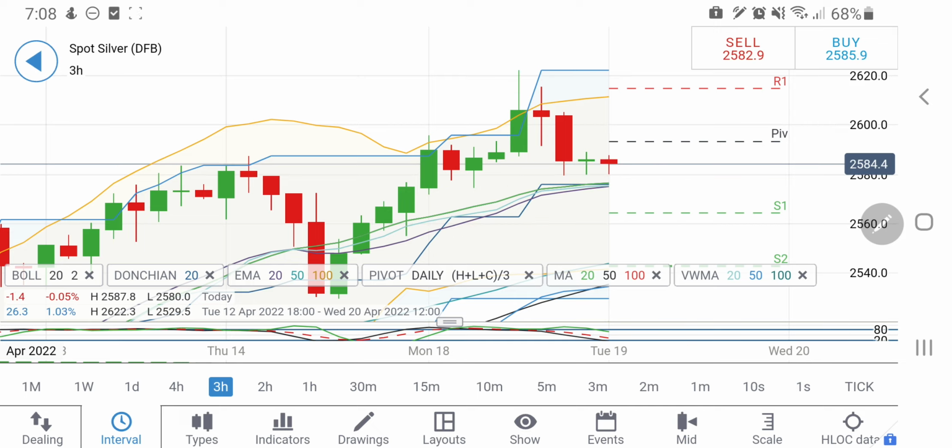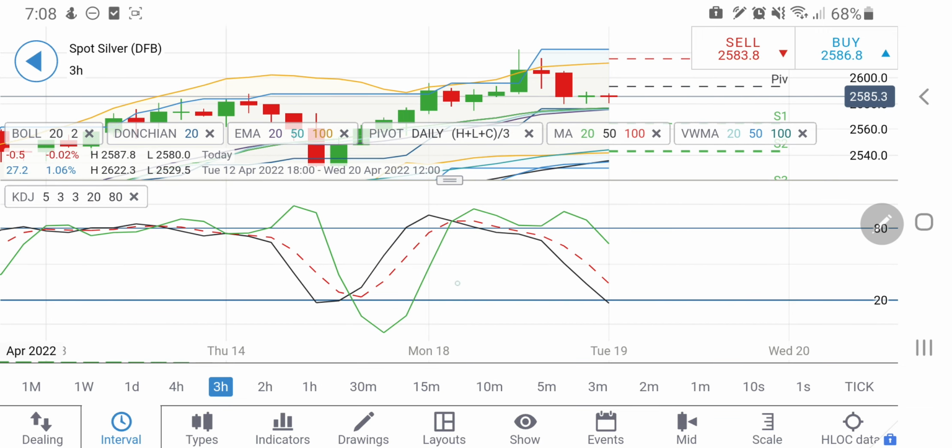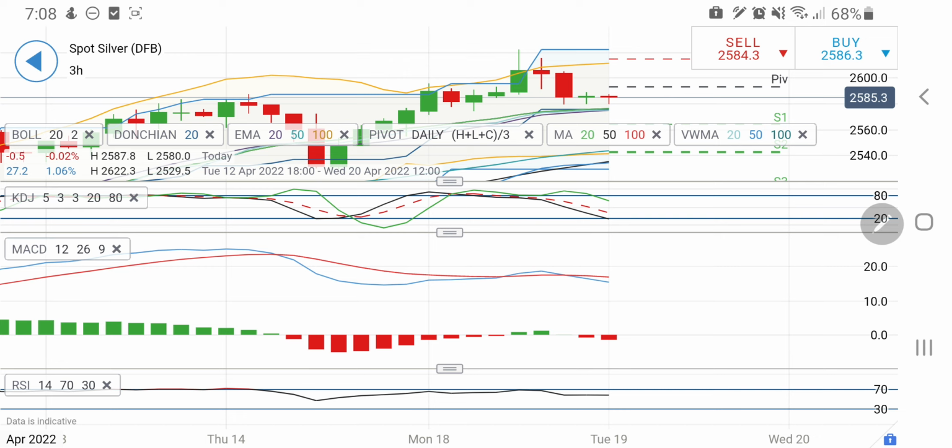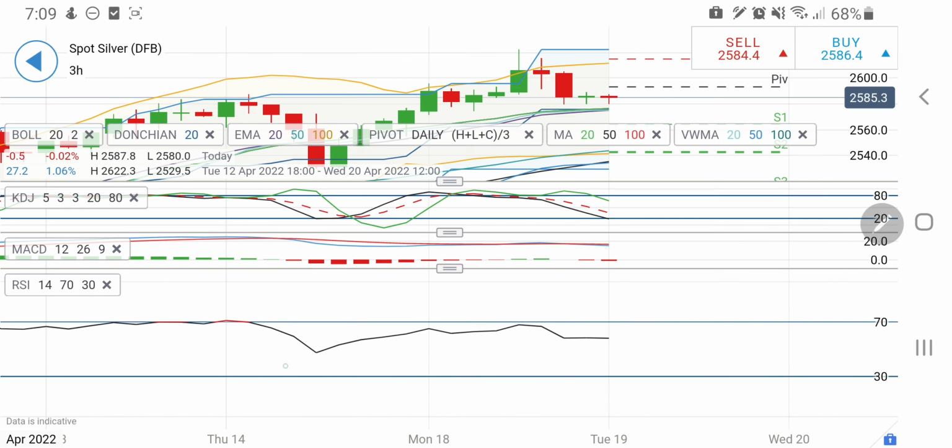Any break below 2580 you can take a shot for 2575, then 2570, 2565, 2560. Almost every 5 points there is a strong support for silver. At the same time, till the time it remains above 2580, and yes, if it breaks 2595 one can go. So a good long entry above 2595 is recommended, and a short entry below 2575 can be taken. 3-hour stochastic almost getting oversold there. MACD white divergent and still in sell.